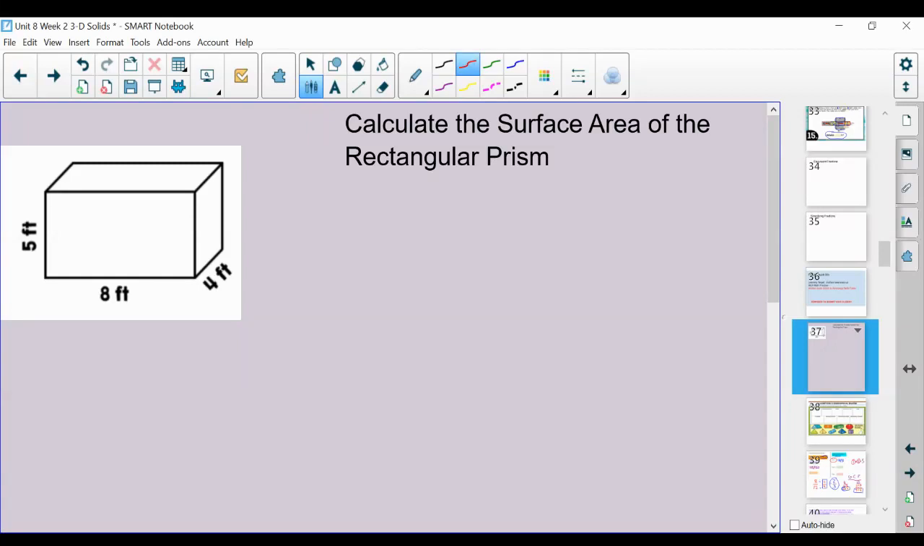Okay, I just figured I'd do one of these quick surface area videos for you with just one problem. So what we're going to do is calculate the surface area of the rectangular prism that is on the left side of your screen. First thing that I want to remind you of, when we find surface area, you are